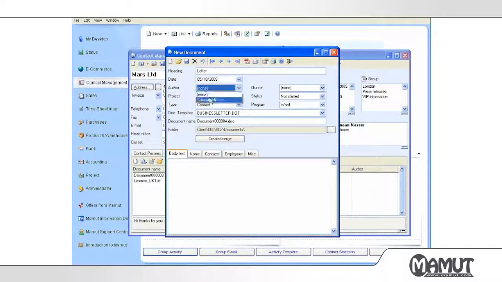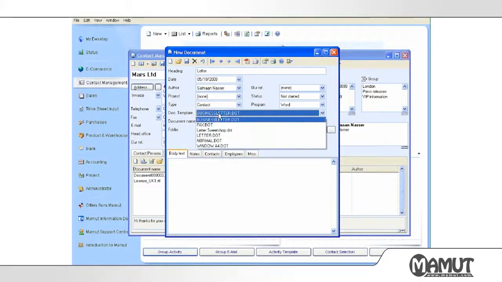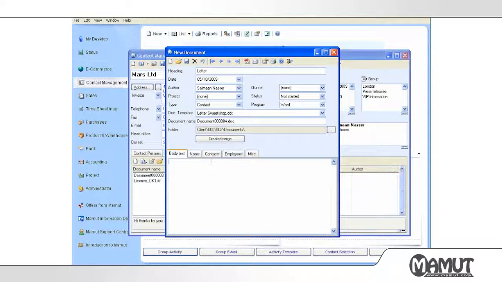I can choose the date, I can choose the author, I choose the template, so I'm choosing letter, Sweet Shop, and then at the end, do you remember I put in that body text field? Well, over here, I'm going to use that as a PS field. Okay, so please remember to check our website for our latest offers. And quite simply what I do is I click on Create Merge, and that will use all the information, including the template,